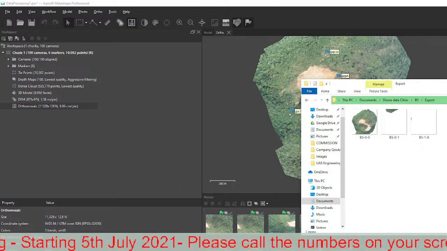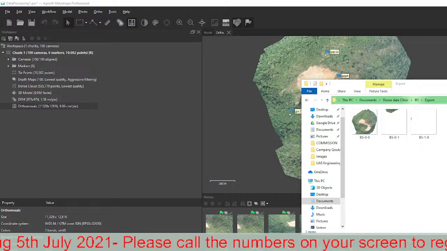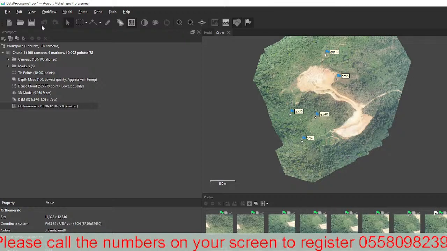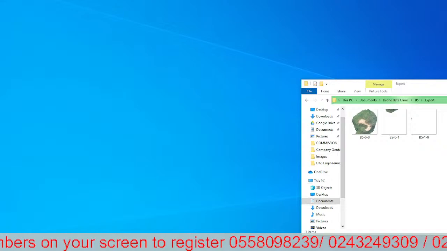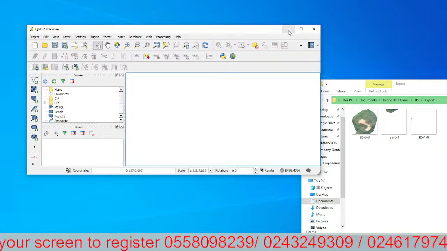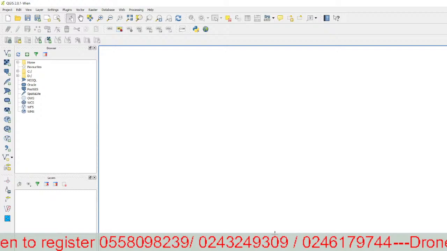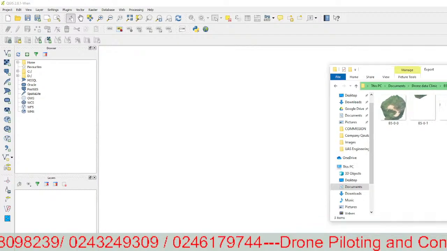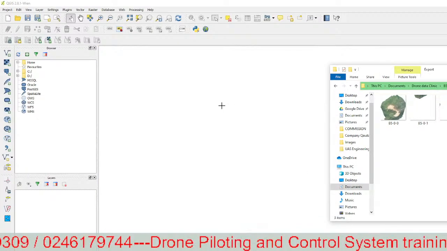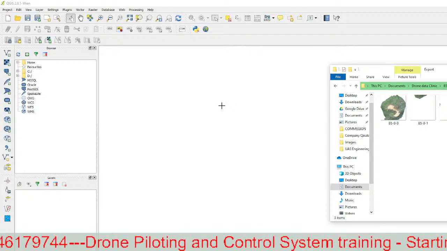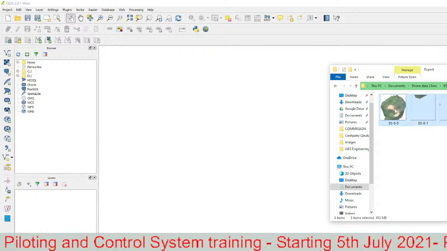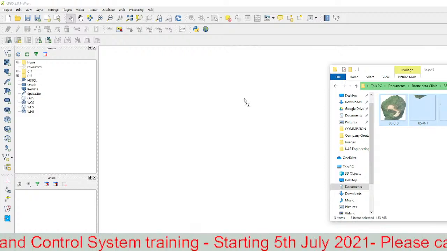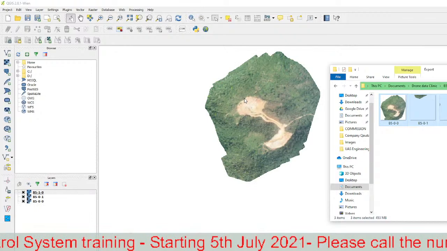Now I'm going to come up. So always make sure you save your data, and then bring up our visualization tool. So we're going to use QGIS to visualize our data. I'm using QGIS, a free geospatial software that you can use. So I'm going to select my image, and drag and drop it onto the